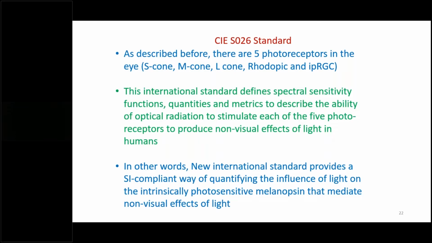This international standard defines spectral sensitivity functions, which I already showed you in a previous slide, quantities and metrics to describe the ability of the optical radiation to excite each of the 5 photoreceptors to produce basically non-visual effects